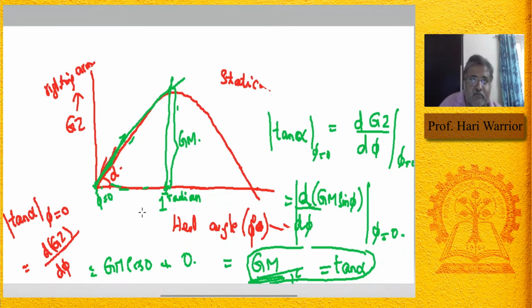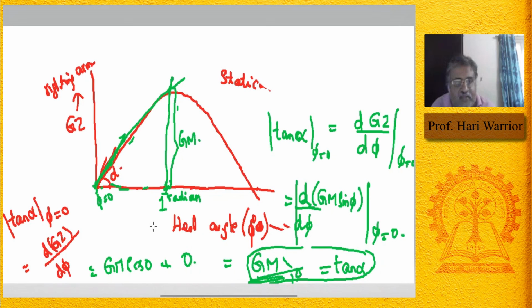So if you have the GZ curve and you take a distance of 1 radian, that is because in these kind of calculations, in mathematics, you do not use 1 degree. Heel angle is usually given in degrees, but when you do mathematics, like when you are multiplying two things, you do not usually use degrees. You use radians. It's done in every kind of mathematics you do. You work with radians.